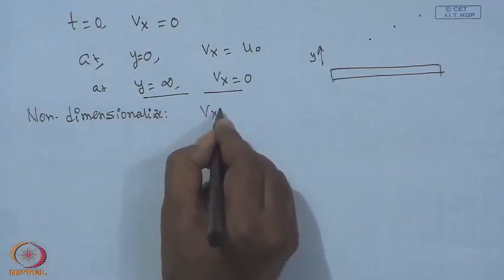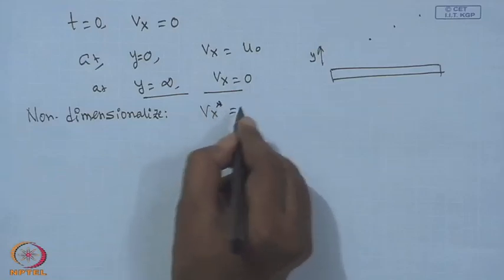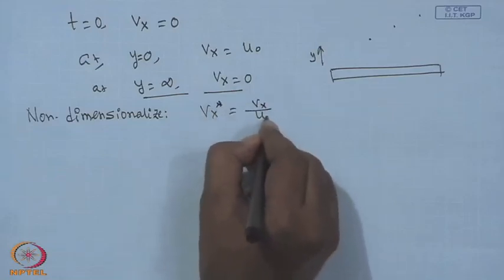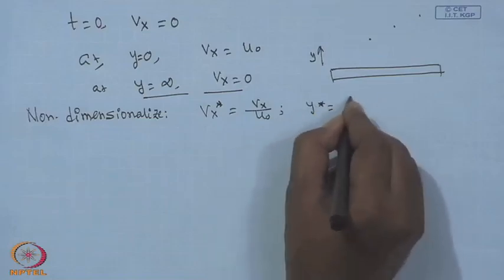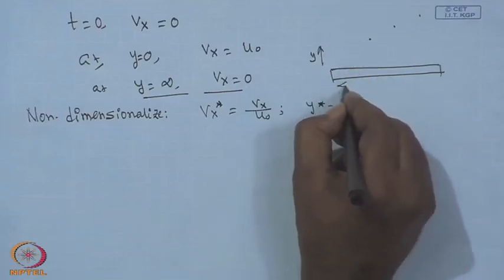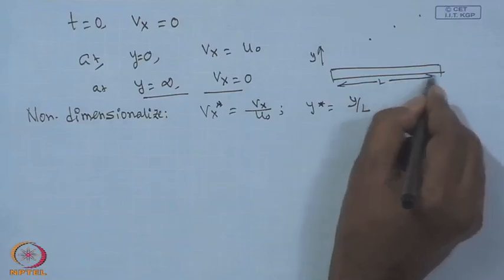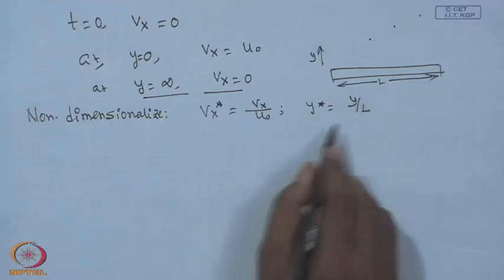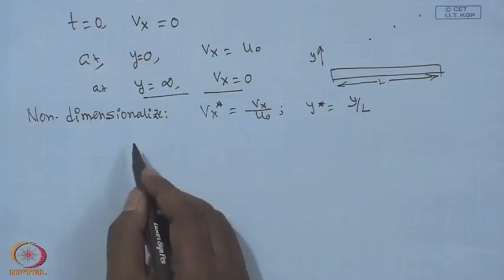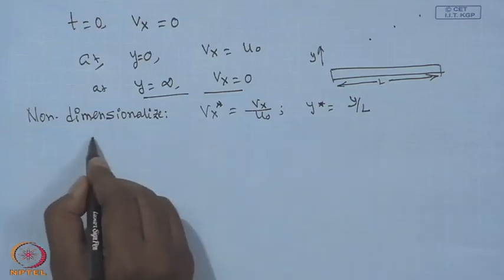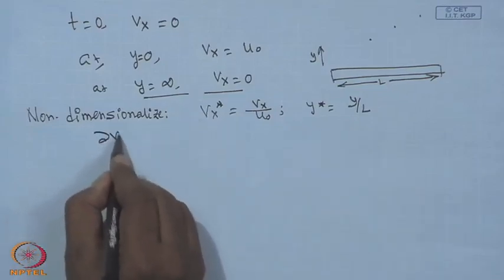We write V x star is equal to V x divided by u naught. We write y star is equal to y by L, if the length of this plate is L, and we will automatically get the non-dimensional time. So, if you put all this in the del V x,